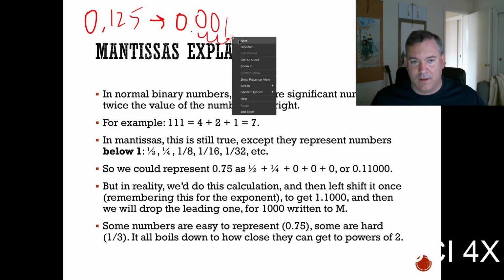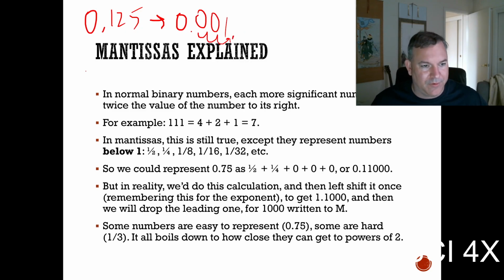There. Now, let's do one more example. So this is the same thing as 1.0 times 2 to the negative third. You guys understand? So that number and that number are the same. Okay. So let's do